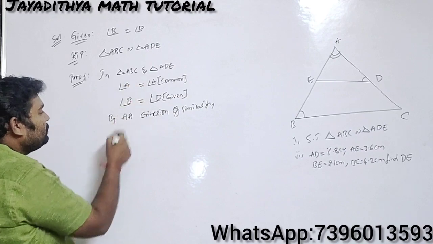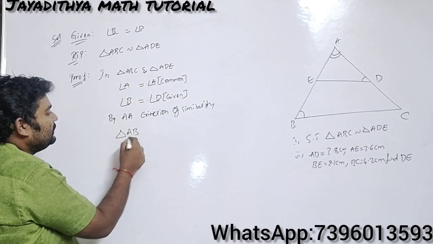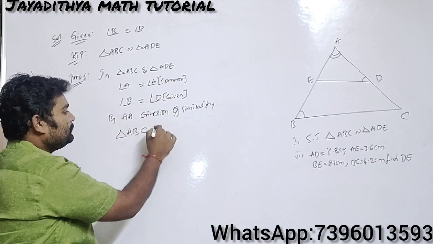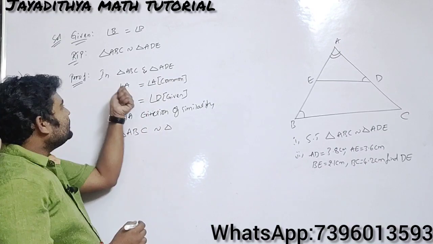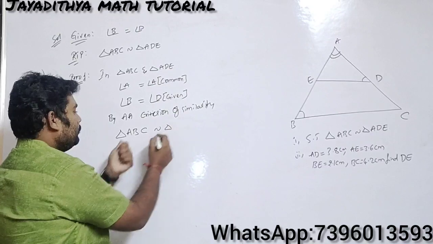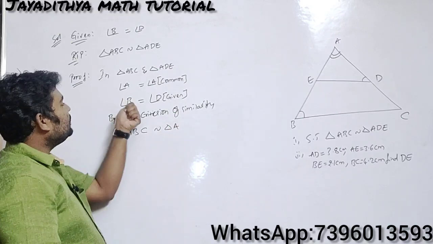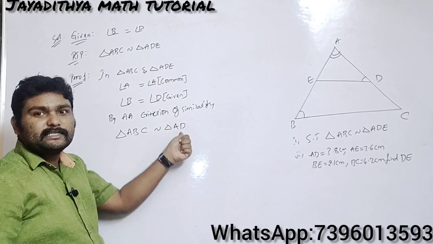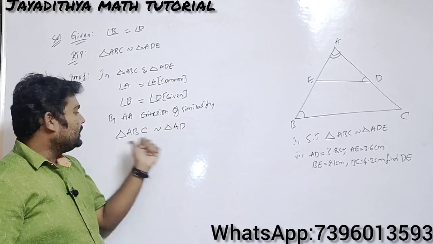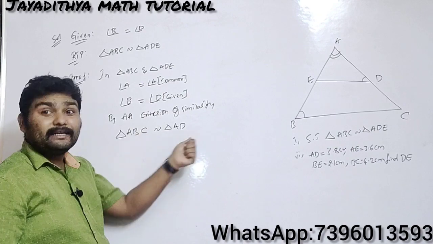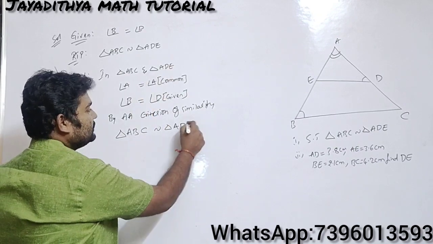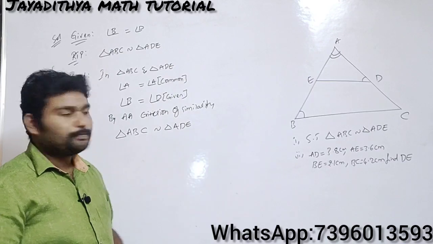So see here, A and B we have here. Write triangle ABC. Write the first triangle as you wish, I told you. So I am taking ABC, which is similar to, in the first place you should mention A, since angle A is equal to angle A. And angle B is equal to angle D, so in the second position you should mention D here. Why? Because B is equal to D and A is equal to A. Here A and A are corresponding angles, B and D are corresponding angles. So what is the remaining vertex in triangle ADE? That is E. So we got the first proof here.